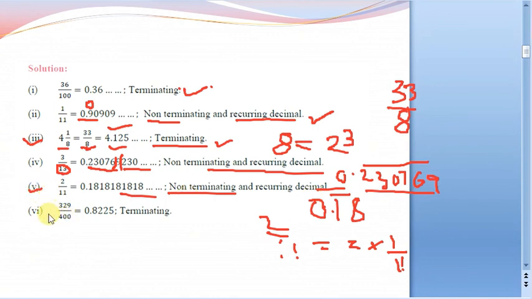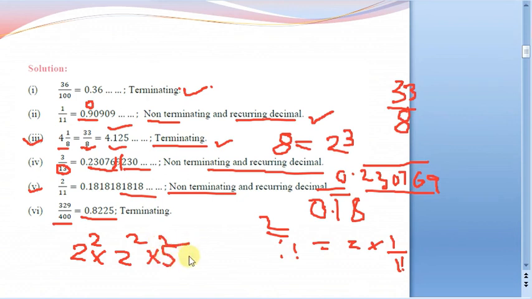Sixth one, see here, just we have to divide this thing with this one. So you know how to divide with decimals and all. To perform the division, it is going to be like this. So how do we actually come to know that it is going to be terminating without this particular division? See this 400. This 400 I can just factorize as 2 square is 4, 100 is nothing but 2 square into 5 square. So see here, it is going to be overall 2 power 4 into 5 power 2. That means in the denominator there are only 2 powers and 5 powers. The combination of 2 and 5 is there in the denominator. So for sure it is going to be terminating.